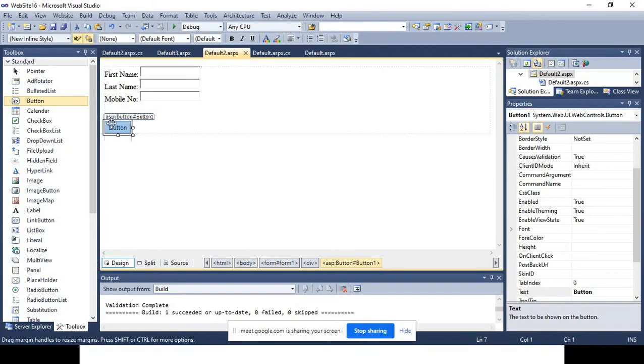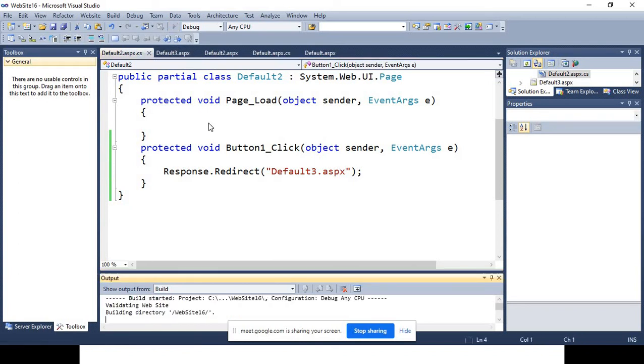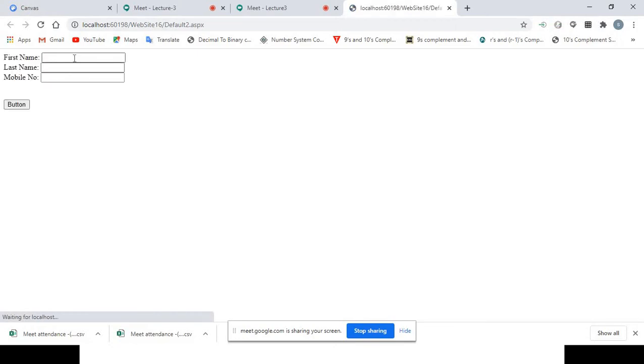So here I think this has to be ASPX. Fine, so you just run it, and here suppose I'm writing another name, and a mobile number, then click on the button.